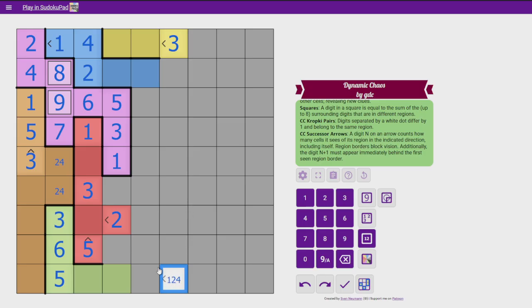That was a 1. That would be a 2, which it can be. That was a 2. That would mean these are in the same region, and then that is a 3, which it can't be. And if that was a 4, that would mean 1, 2, 3, 4 are in the same region, and that's a 5, which it is, actually. So that would make sense. Oh, but that wouldn't make sense, because 1, 2, 3, 4, that would mean that they're in the same region, but then there would have to be a border here, and there isn't. So that is not a 4, that is a 1, which means that is a 2,